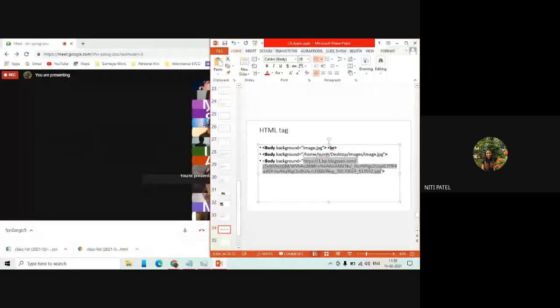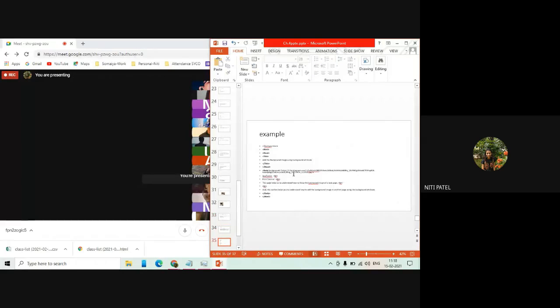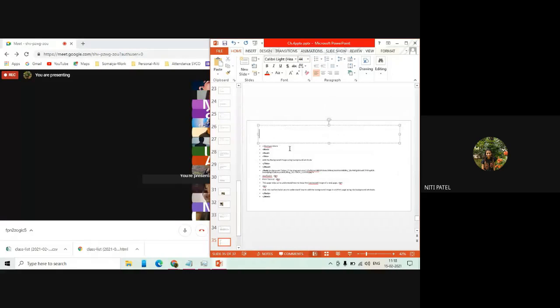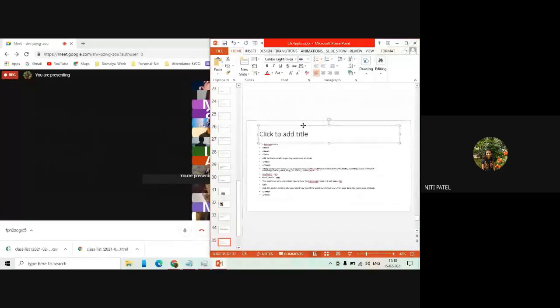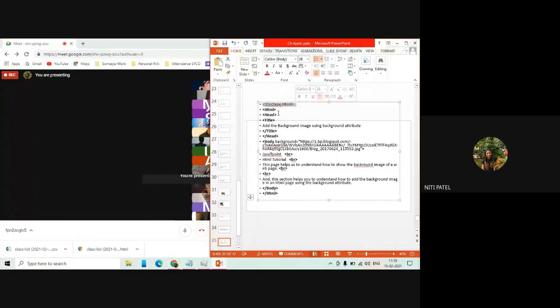ठीक है, so these are the three ways, which means what am I trying to say here. अगर मैंने HTML कोड के अंदर ही HTML टैग यूज किया बैकग्राउंड, तो this is the way where you add. किधर ऐड करेंगे हम, let us see this. I have a document type, HTML open, HTML close, head open, head close, title open, title close. This is not required. If you require, you can add. If you don't want to add, you cannot add. Abhi, I have opened the body tag. I have closed the body tag.